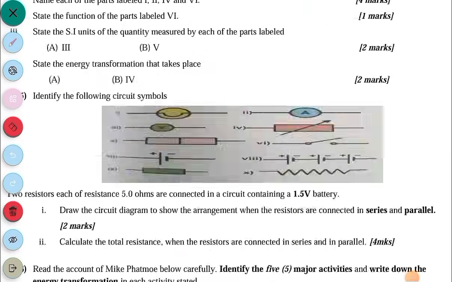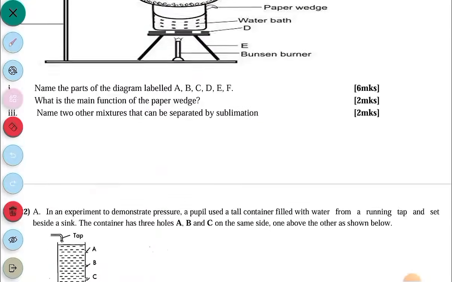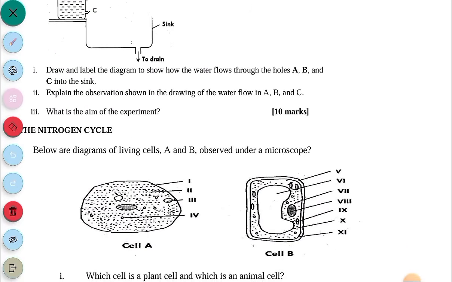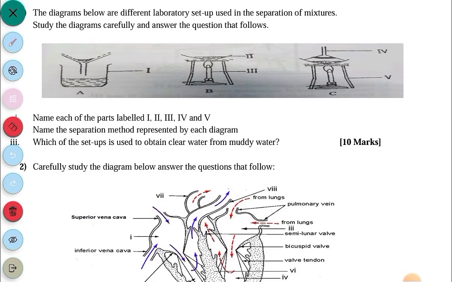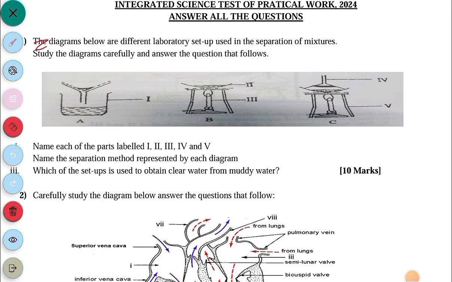So we are going to go through 54 questions of integrated science in all aspects. By the time you are done with these questions, you are ready to get your A in your integrated science in the WAEC senior exams. So the first question here,